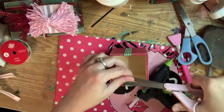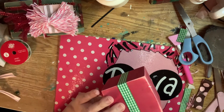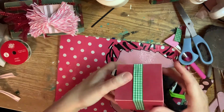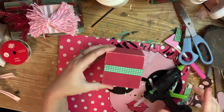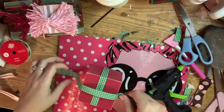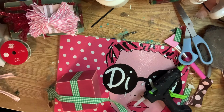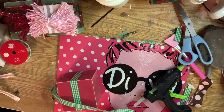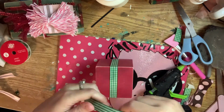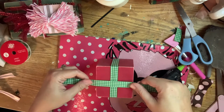So anyway, once I had all of the presents glued down together, my idea was I wanted to stack the presents, but then I realized when I was putting bows and decorations on the top, I couldn't really stack them that way. If I wanted to stack them, it'd have to be facing out. So with that said,